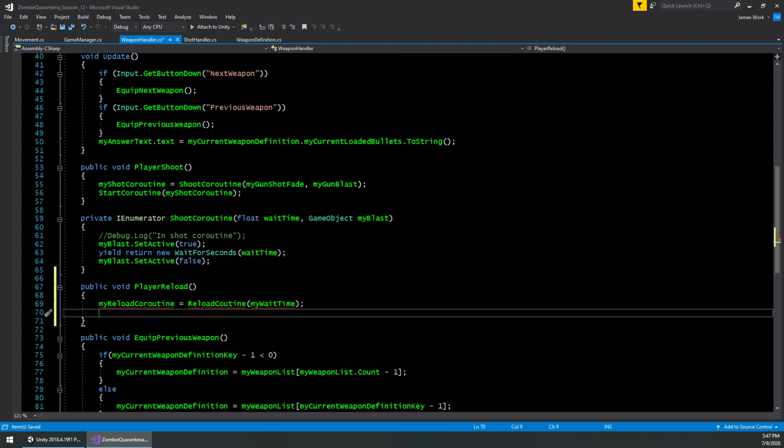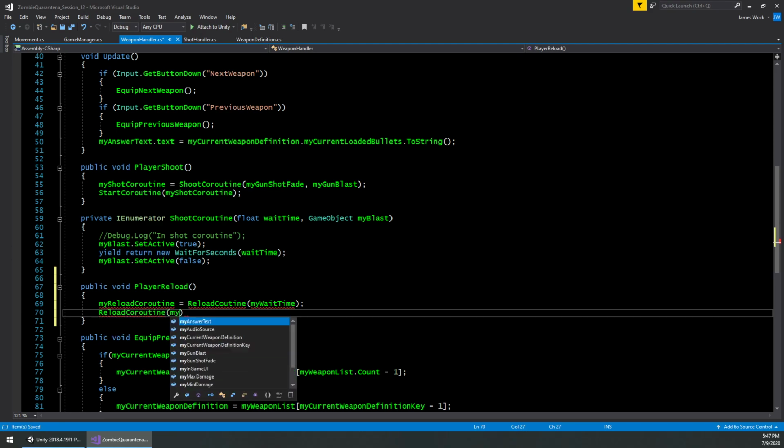And all that's red because none of those things are defined. And then we're going to do reload. I'm just copying straight from the player shoot thing. Reload coroutine. I'm spelling correctly. My reload